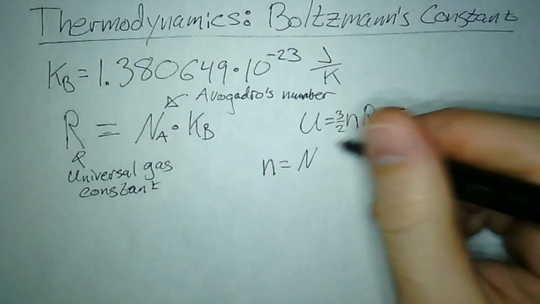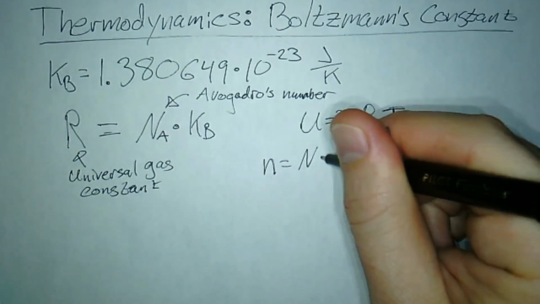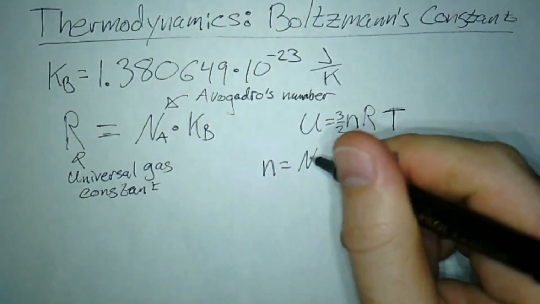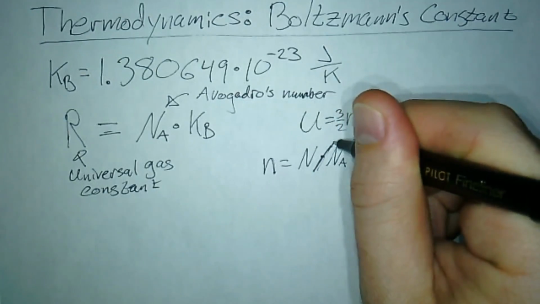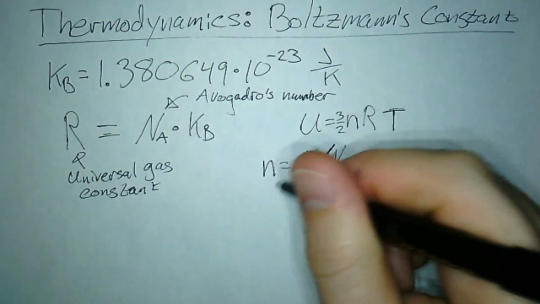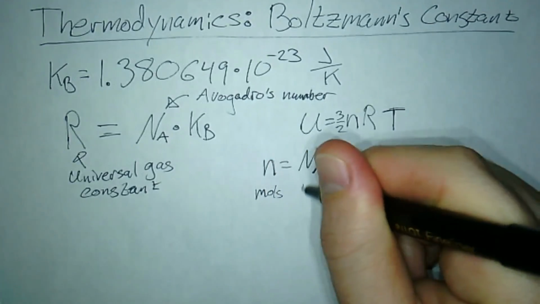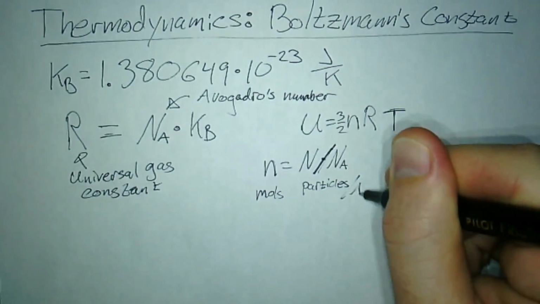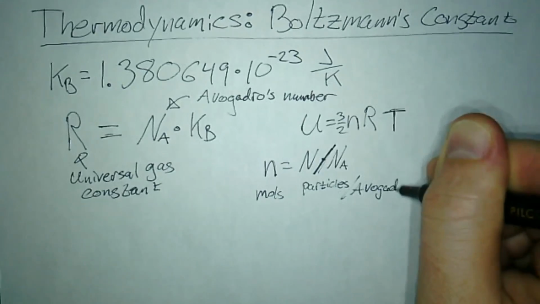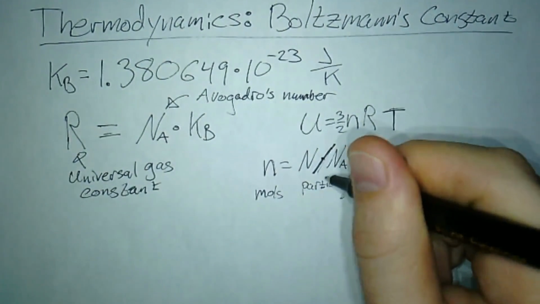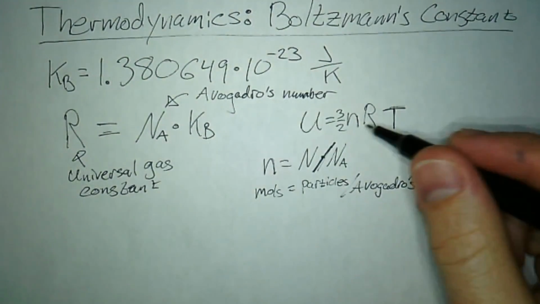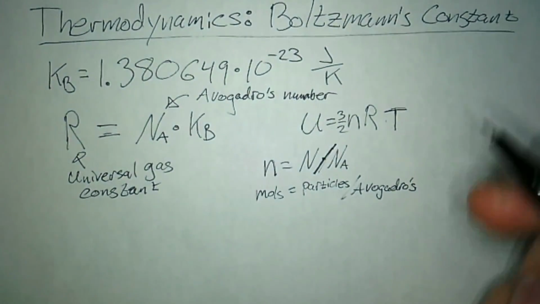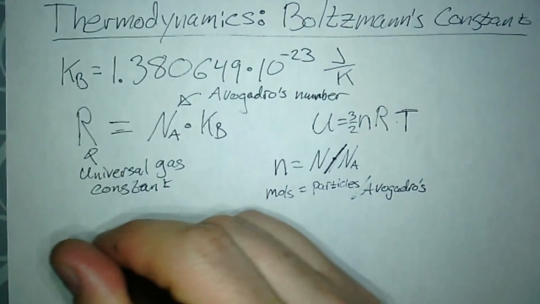the number of particles, N, divided by N_A, my mistake. We get the number of moles, like that, right? So what if I take that and put it into here, and I also take what I've just written over here and put it in? So that's going to get me something that looks like